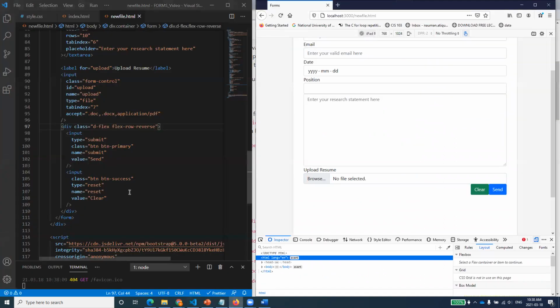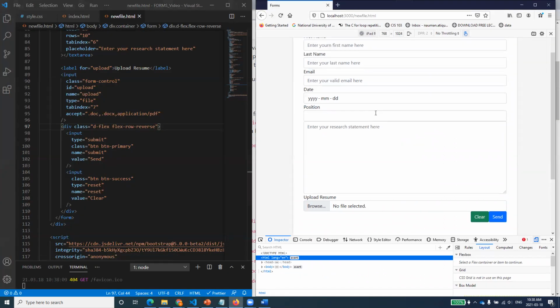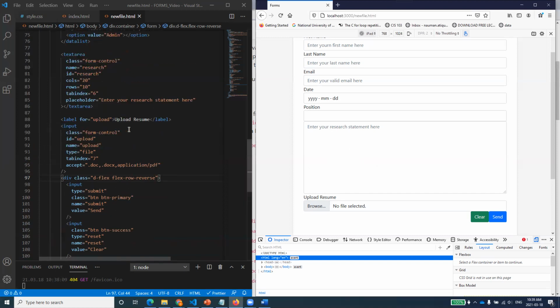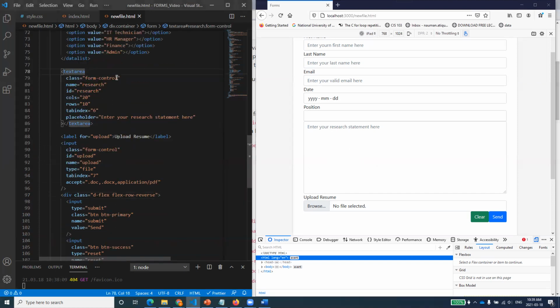Let me show you the effects that we can implement. If you see what things we want to place margin on, this text area is very much stuck into the position. So let's go to the text area. And here we have already defined a class, form-control, right? What I can do is give it a margin top of 2, mt-2.